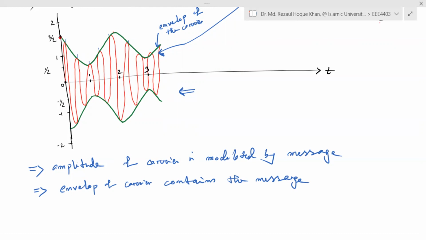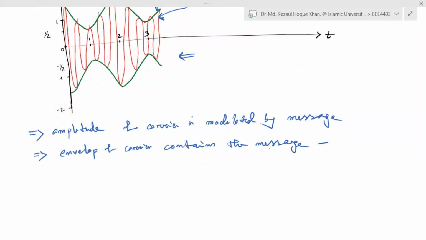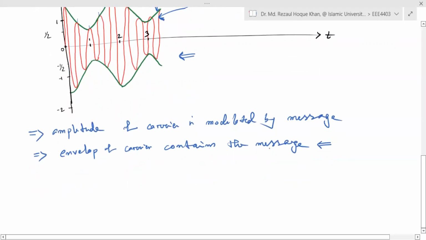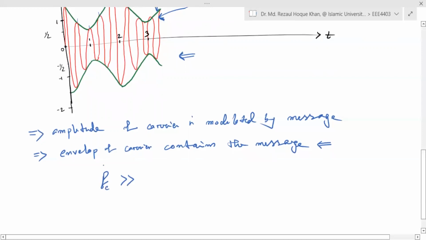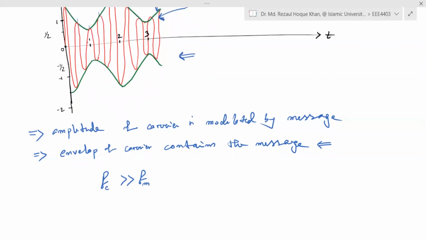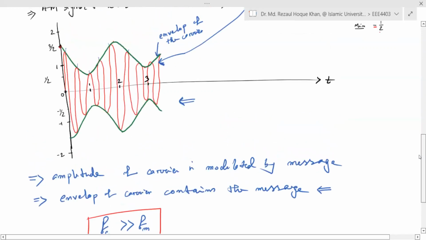Okay. Now for this idea to work, where the envelope of the carrier contains the message, the condition is that Fc, the carrier frequency, should be much higher than Fm. If we want to impose the message on the carrier, this should be the condition. The carrier frequency should be much higher than Fm. It's obvious, right? You see how we have this envelope in the first place,